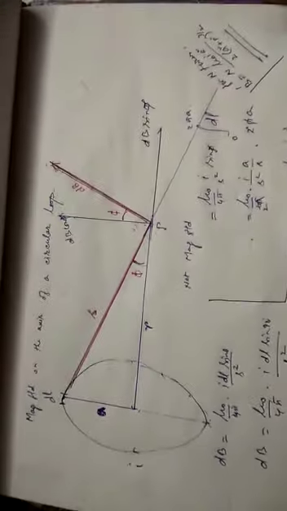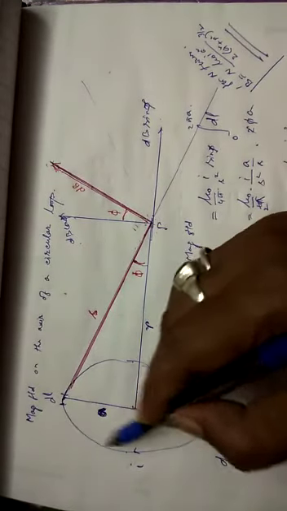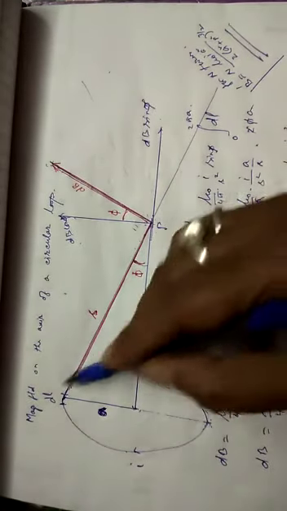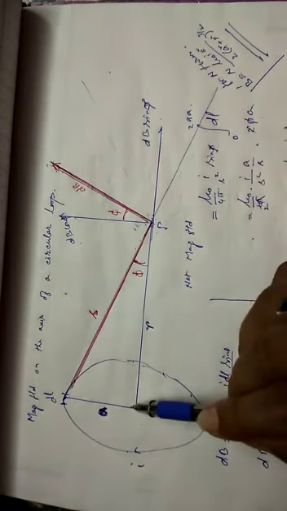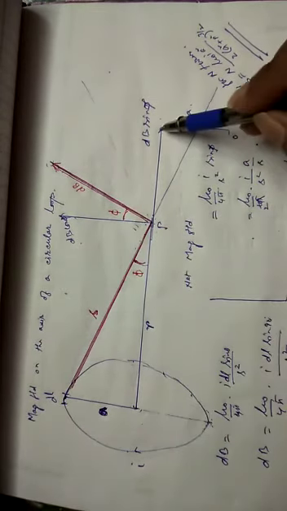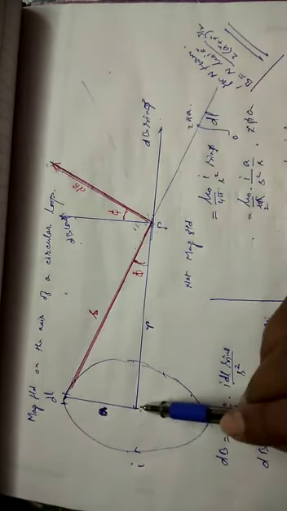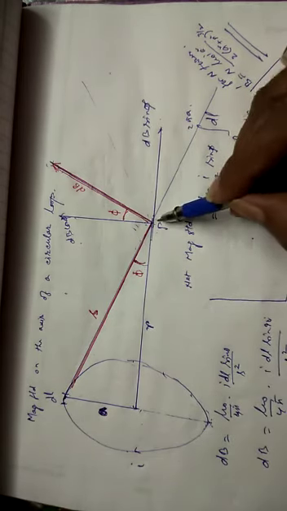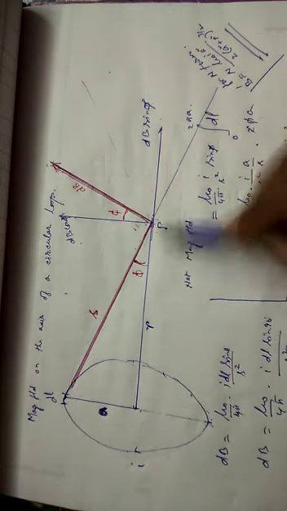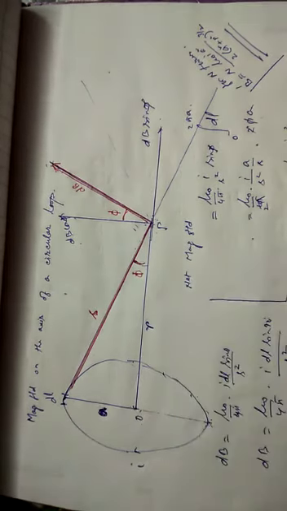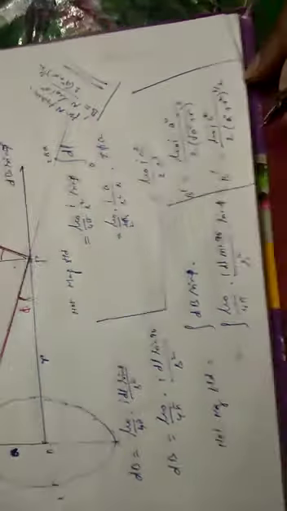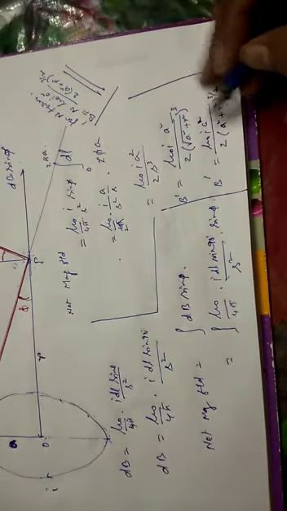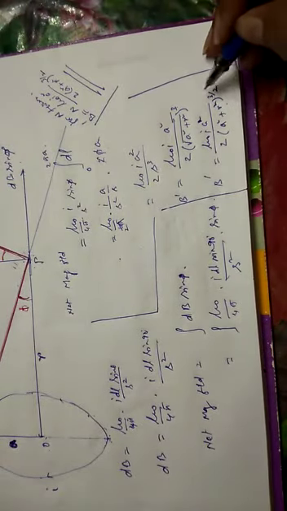So if this be a loop, current loop, and this be the axis, the magnetic field due to this current at point P, which is located at a distance r from the center O, will be mu naught I S square divided by 2 into S square plus R square to the power 3 by